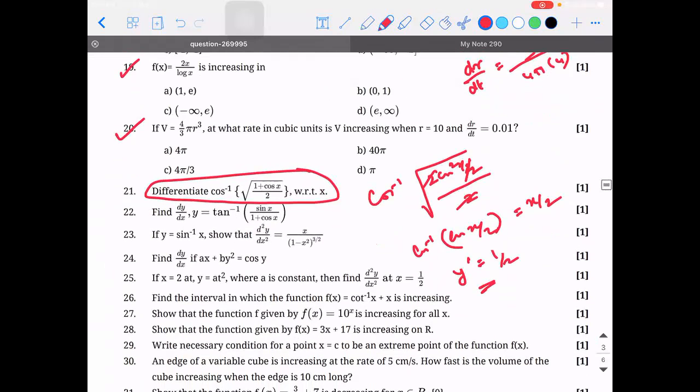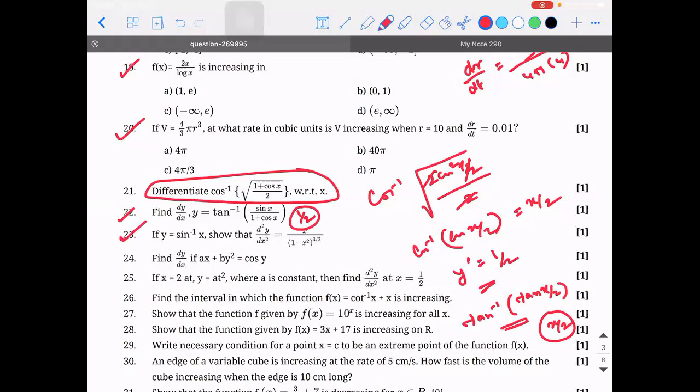Got it? So 20 seconds, we'll discuss the hints alone. 20 seconds each. y is equal to tan inverse of sin x by 1 plus cos x. Sin x is 2 sin x by 2 cos x by 2, and 1 plus cos x is 2 cos square x by 2. Mentally do it and tell me what comes. Cos x by 2 and cos square x by 2, one will get cancelled. You will get tan inverse of tan of x by 2, correct. That will be x by 2. Again 1 by 2. Again half.